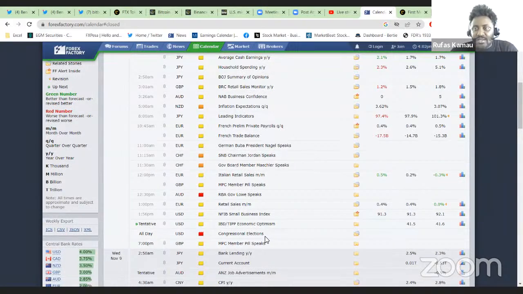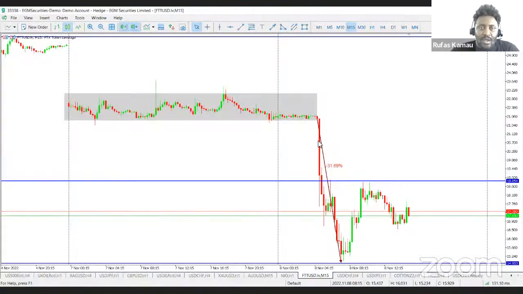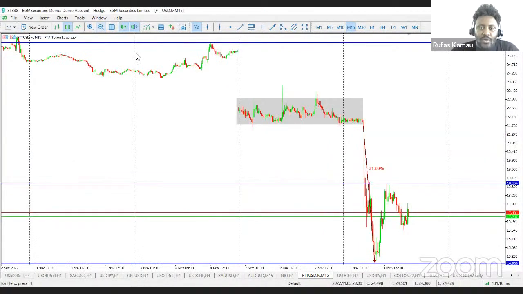So we expect a largely quiet market. However, even if we have a largely quiet market, there's a key focus and a key development happening in the crypto sector. And that has been the major topic of the day or even the week. As you can see, what we are looking at here is the chart of FTT. FTT is basically the native token of the cryptocurrency exchange FTX, which is owned or headed by Sam Bankman-Fried, or basically in short SBF.